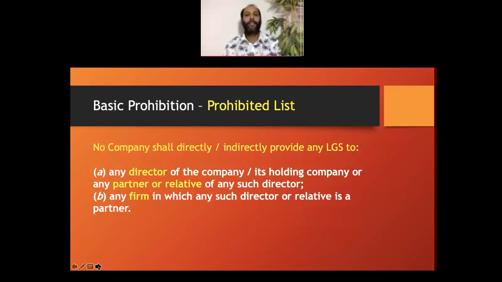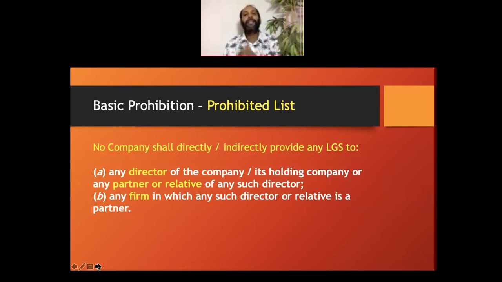not his relative. And the second category is the firm in which that director, the so-called ordinary director, or a relative is a partner. So the second category relates to a firm. What is the issue with that firm? That firm is a firm where such director or his relative is a partner. I repeat again, the second category is a restriction with respect to a firm. What is the peculiarity of that firm? That firm has a peculiarity because our company's director or our company's director's relative is one of the partners in